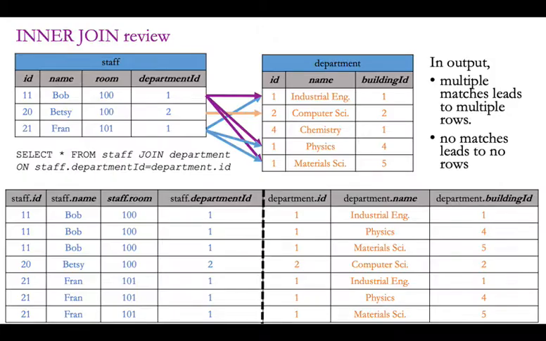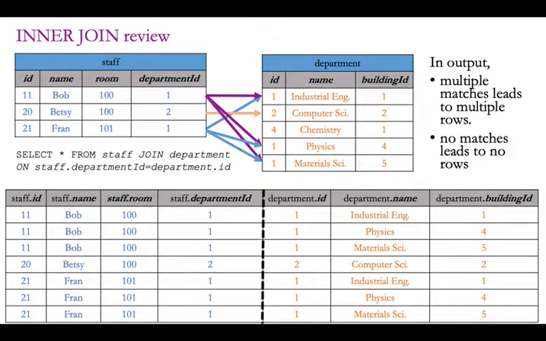All right, let's go then. So here's a review of what we did last time. We had 2 different tables, as an example, staff and department. If we want to print out more details about these staff members that includes departmental information from this other table, like we want the name of the department and not just the ID, then we have to join these tables to cross-reference these ID numbers into the other table. So in this case, we did select star from staff, join, department,